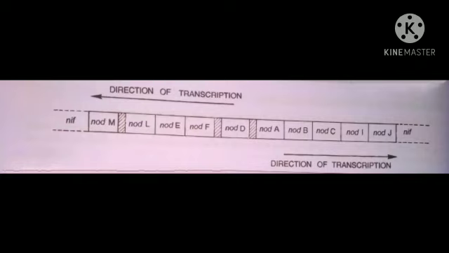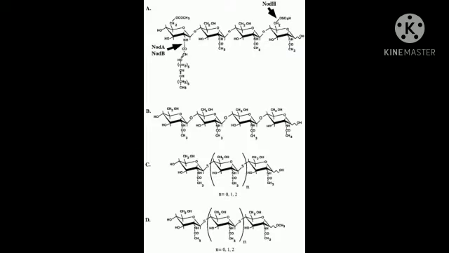Now we have just learned that the structure of nod factor consists of a beta-1,4 linked N-acetyl D-glucosamine backbone with 4 or 5 residues. Depending upon the rhizobial species, the structure of the acyl chain can vary, and substitutions at the reducing or non-reducing terminal glucosamine residues can also be present. Now back to the original topic.